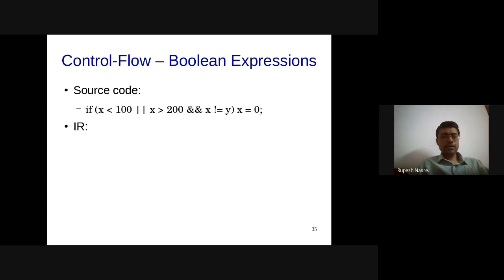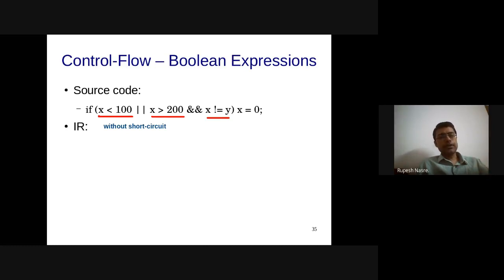Okay, so let's discuss this. First, we will do without short circuiting. What this means is that we are going to evaluate all of these expressions: x less than 100, x greater than 200, and x not equal to y. It depends upon the semantics of the language in which order these should be evaluated, order meaning where these should be evaluated. Since there are no side effects, we'll evaluate them all together, which means that I can have, let's say, some expression b1, which means x less than 100, then b2, x greater than 200, and b3 as x not equal to y.